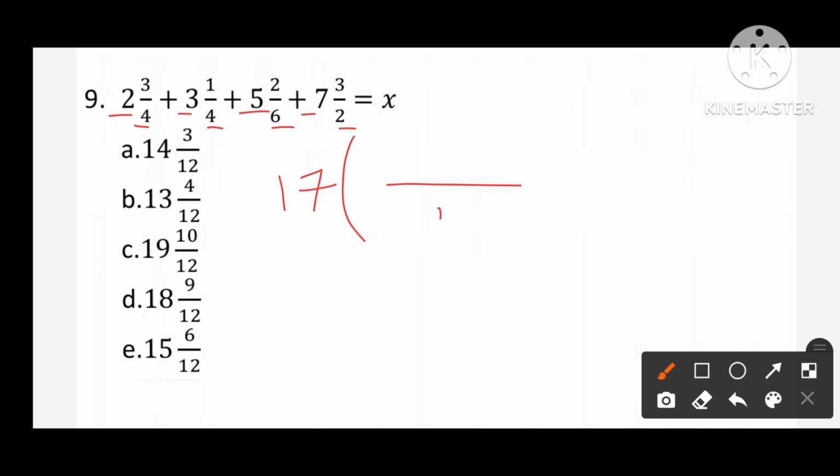So the LCM of all these will be 12. So 3 times 3 times 9 plus 4 times 3 times 4 times 3. So 3 here plus 6 times 2 times 2 times 4 plus 2 times 6 times 6 times 3 times 18. So we have